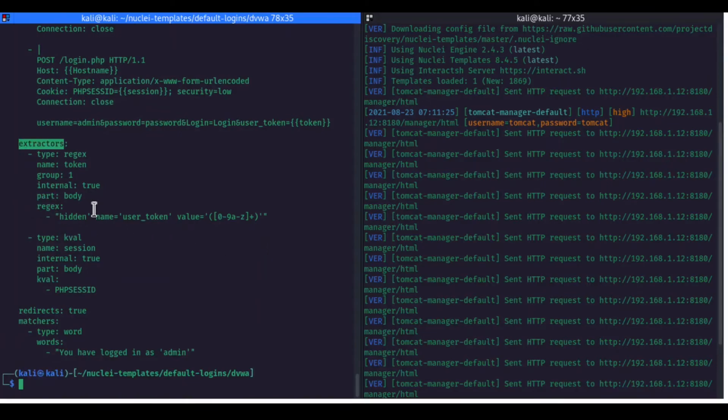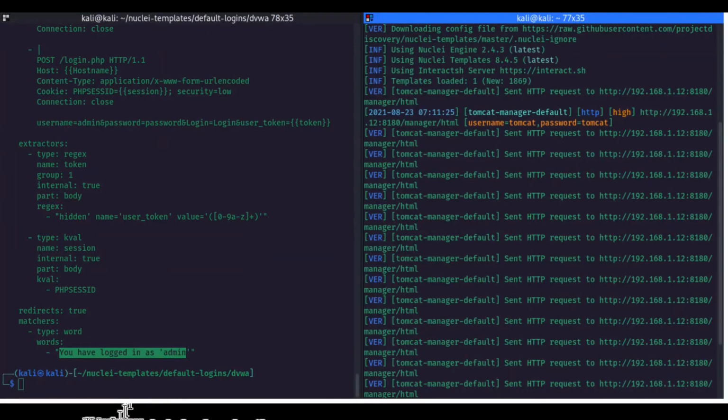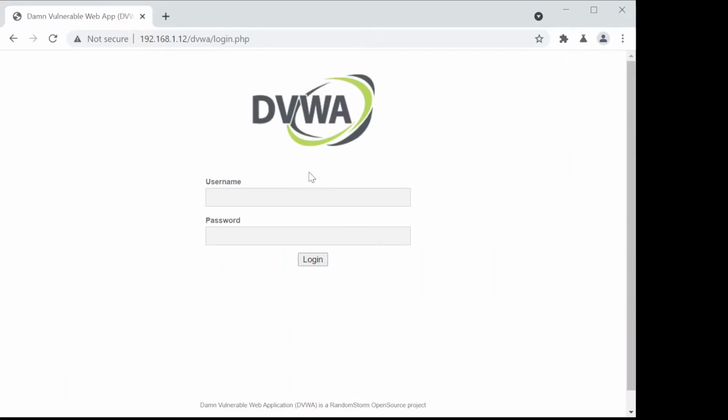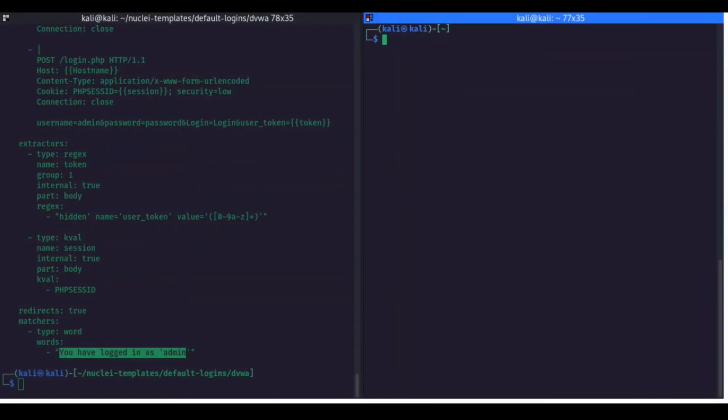So as for that, extractors are also there. Here a regex has been put, and how we can know that we have successfully executed the script is by getting the tokens and the sessions that have been set, and it is telling that you have been logged in as admin. So better let us have a look and see how actually we can do that. So we know the URL. I will be showing you where it is actually. So here is our DVWA panel, and we will be targeting this panel. So let us target it and let us see how our result gets to.